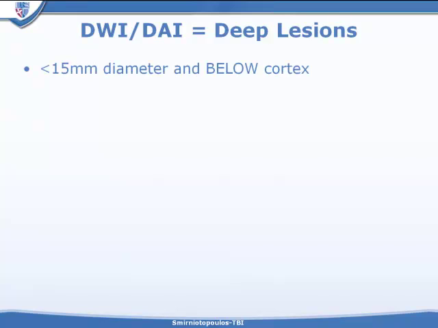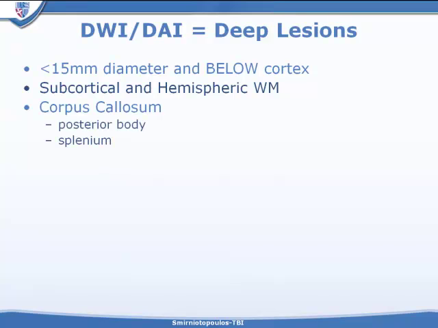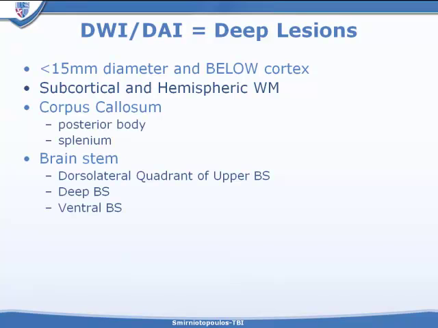So these lesions, again, are going to be less than 15 millimeters in diameter and do not involve the cortex, in contradistinction to cerebral contusion. They can be in the subcortical and hemispheric white matter, the corpus callosum. They may involve the brainstem, classically in the dorsolateral quadrant of the upper brainstem, the upper pons, and the midbrain